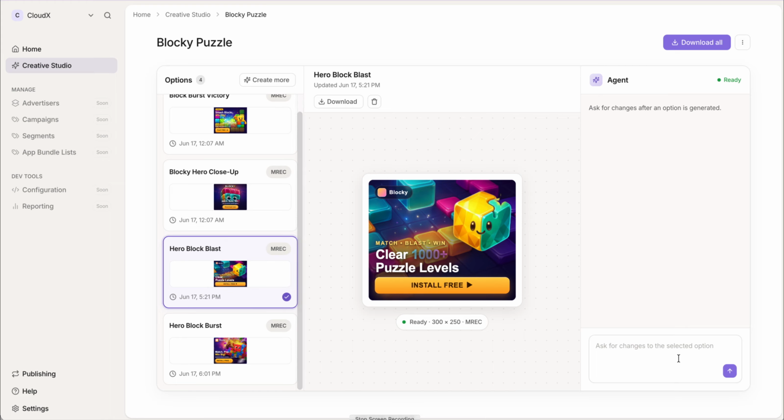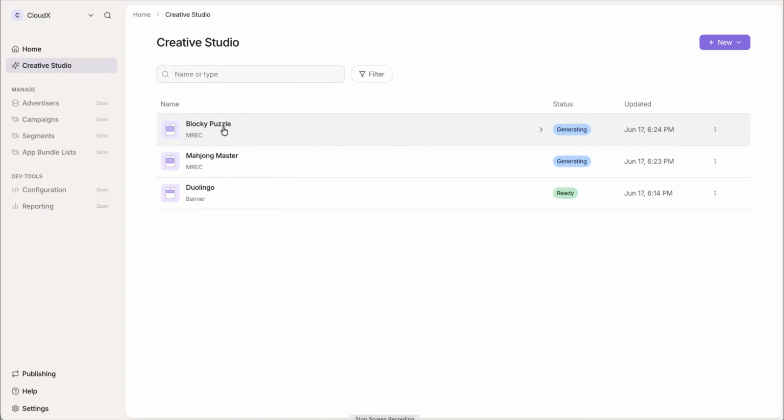So maybe for the demo purposes, I can say, let's make the button purple, right? And as soon as I do that, it launches an agent that goes and starts generating it. As you can see, both Mahjong Master and Blocky are now doing some work. It usually takes a couple of minutes for it all to complete. So while it's doing that, let me show you how our